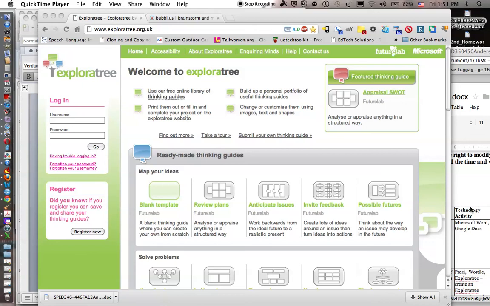Exploratree is a free British program that allows you to create what it calls thinking guides, but what I call concept maps. They are mind maps that will help your students solve problems through a graphical format. It's free, and to use it,